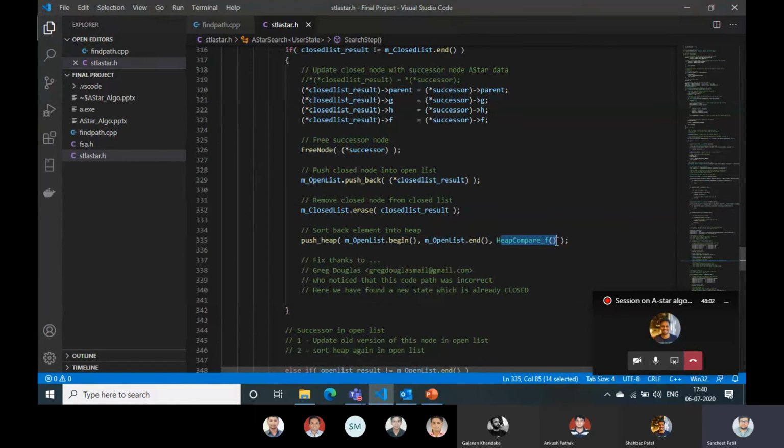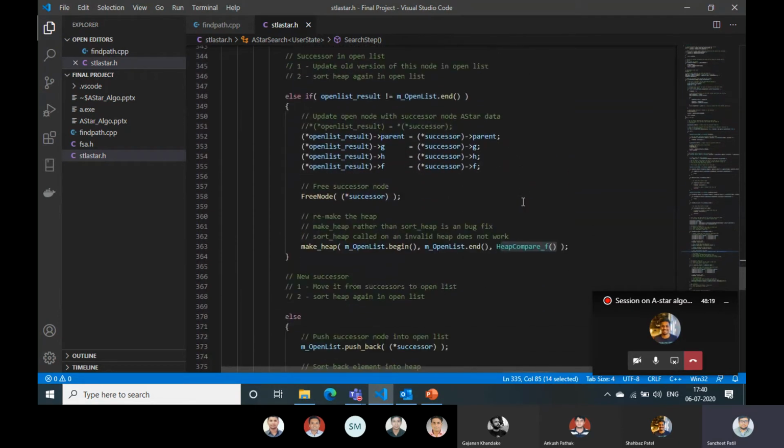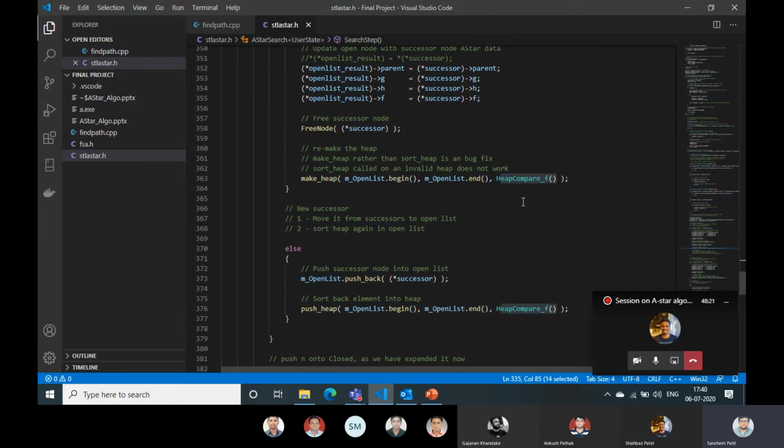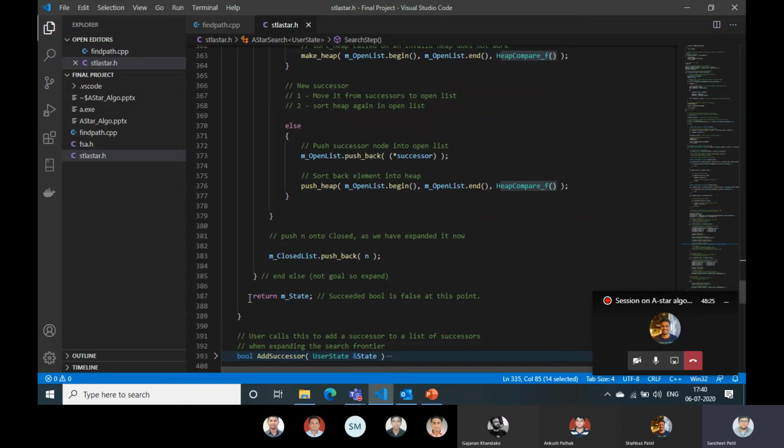What the heap compare function does is it just takes the node you are carrying and the other node; a sorting technique is done here in the push if function. And once the push if is done, the m state is returned to find path.